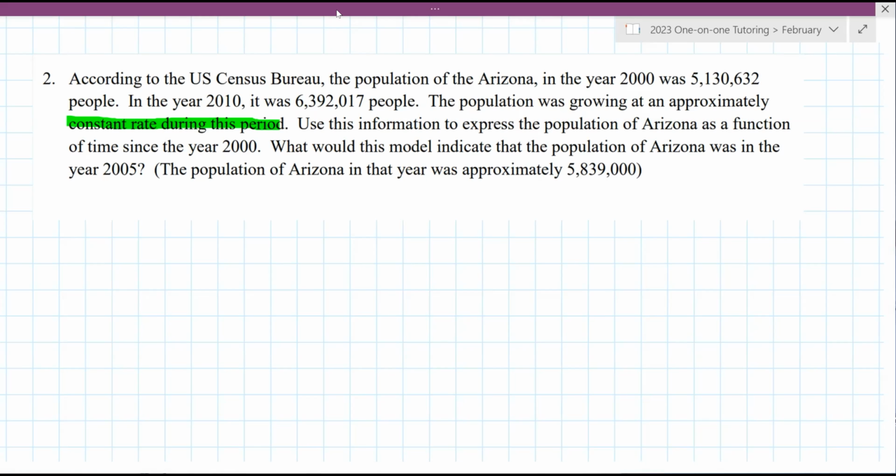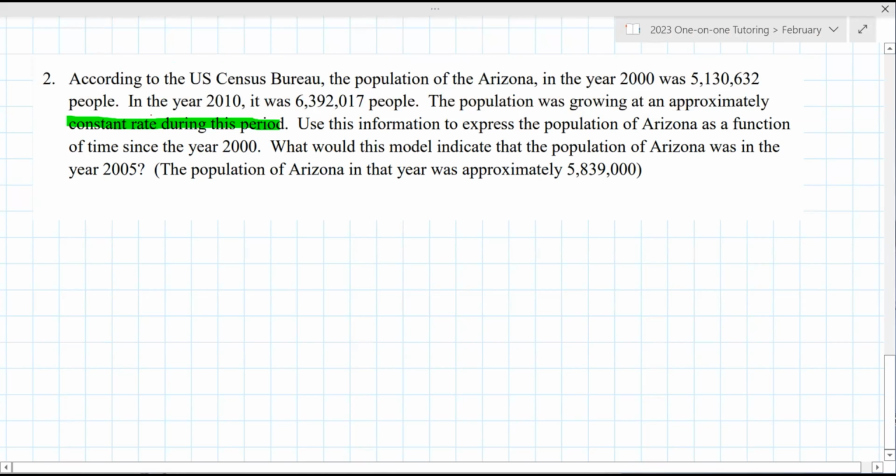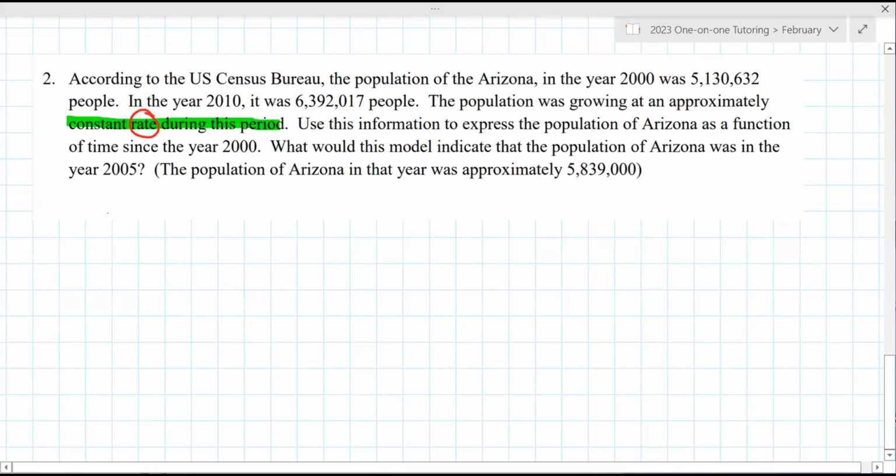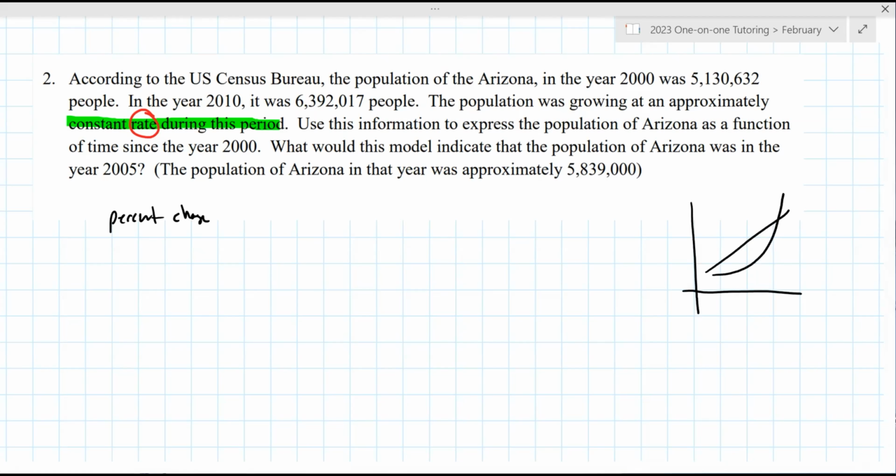What does that mean? Anything to you? So it's like the same change every time, right? Rate can mean a lot of things. We usually think of it as a percentage rate, really what they're talking about when they usually refer to a percent change each time. So like a linear model would have the same increase, and that's really what you're doing here. You're working on linear versus exponential models in this part of the course. Does that sound right? Or